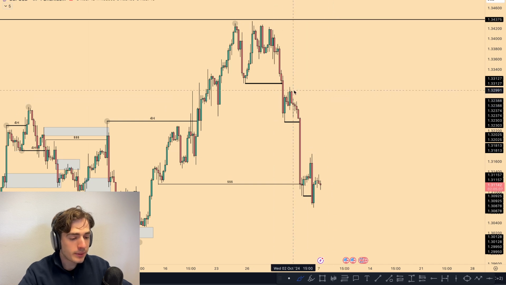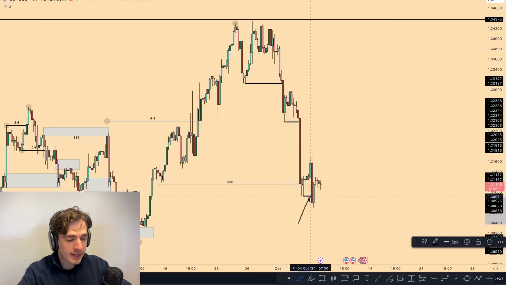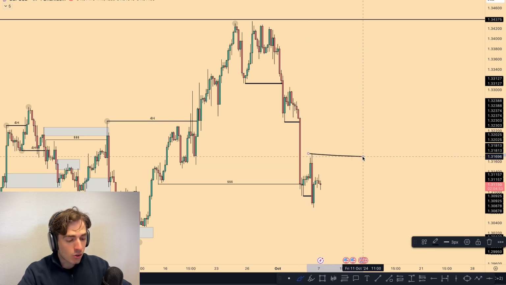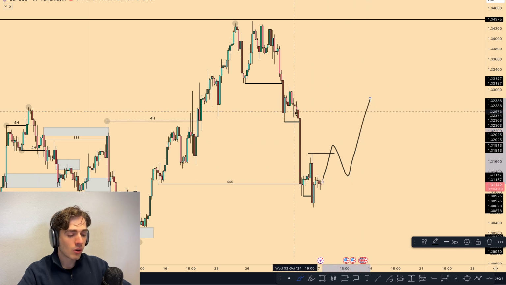However, overall momentum is still bearish towards the downside, right? So what you see is a fractal break on the 4-hour, a fractal break on the 4-hour, again a fractal break on the 4-hour. However, as opposed to, for example, Euro Dollar or Aussie Dollar, the fractal high is a lot closer. It is already here. So if we break this high, then I would look for a long to, for example, grab liquidity above this